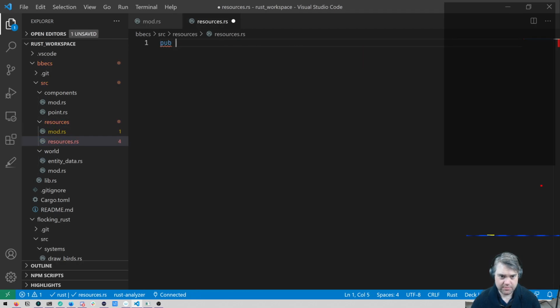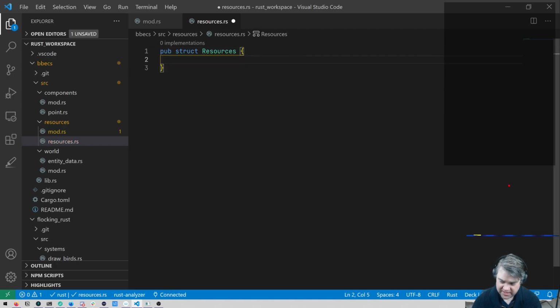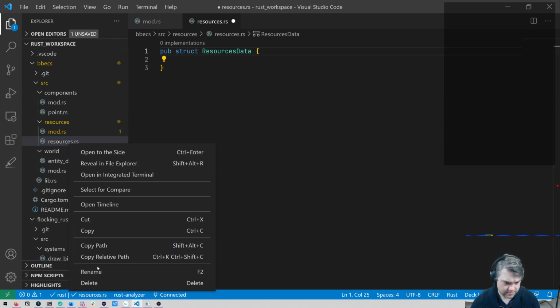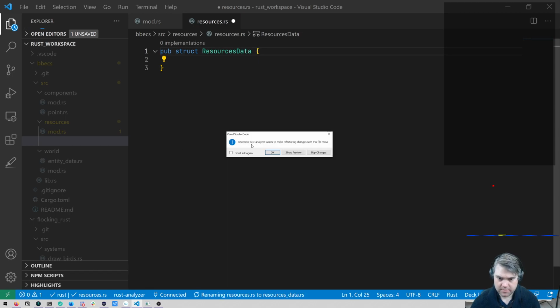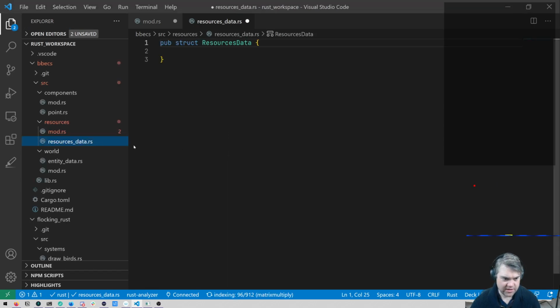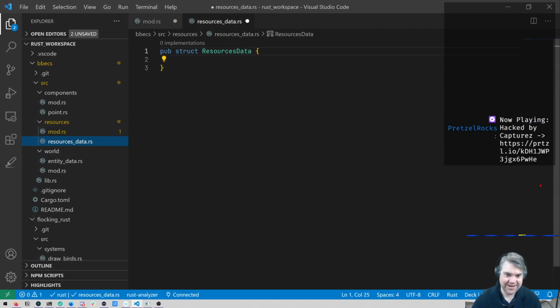And this will be a pub struct resources. And in here, we're going to store all of the resources. Maybe we can even call this resources data. Yeah, go ahead and do it. I love how Rust Analyzer now can make that change. It's great. Okay, so we have our resources data, which means we need all of the resources, which is going